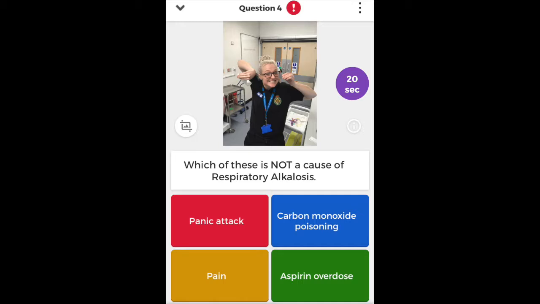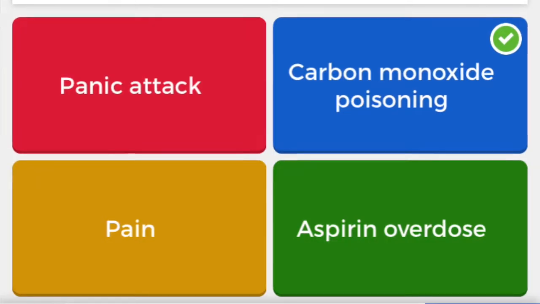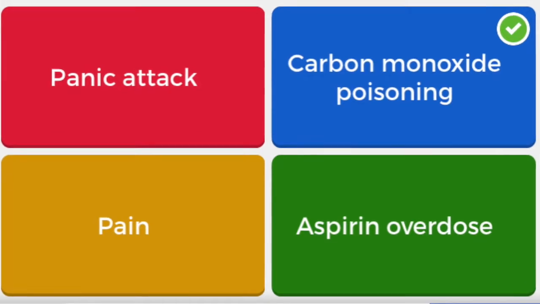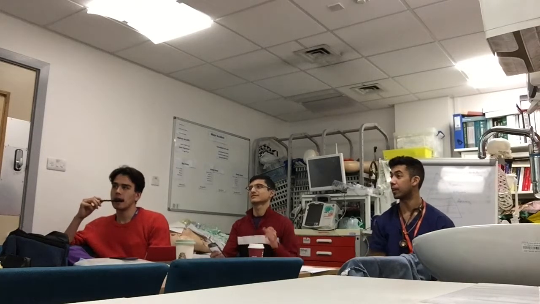Oh, I think I put the wrong one for this one as well. Okay, guys, it's carbon monoxide. We went through how the other ones are. Your pain would cause potentially hyperventilation in a distressed patient. It's carbon monoxide poisoning. I'm happy with that one. It's just going to cause hyperventilation. Alright, you guys are all doing very well.